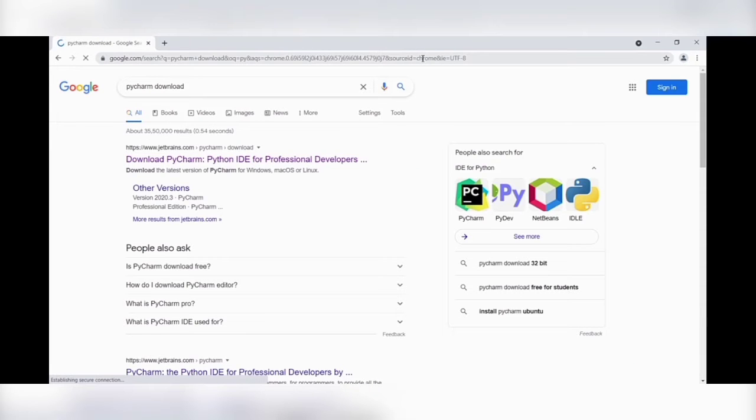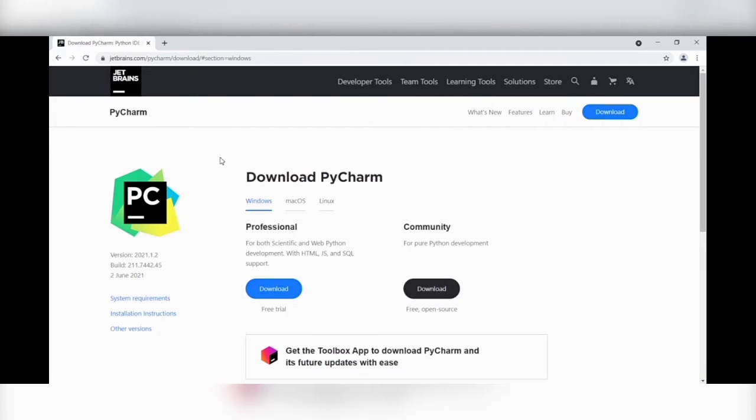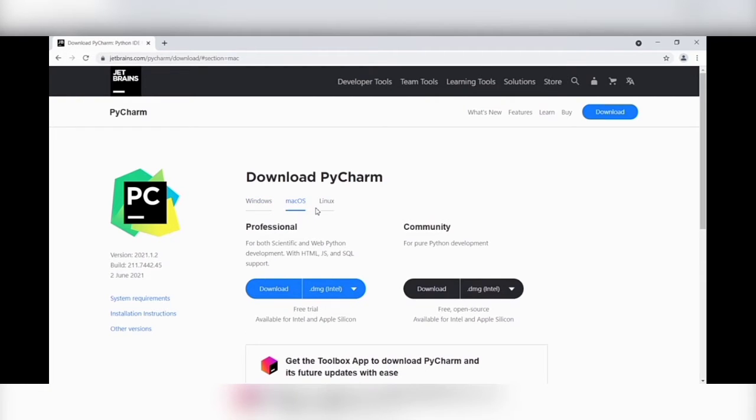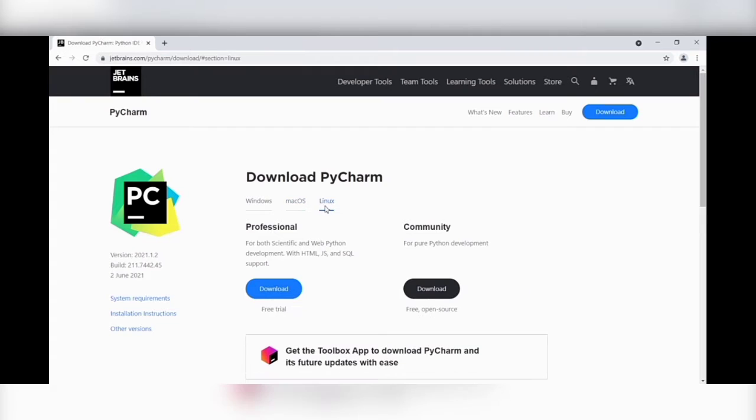The first link which will be available on your desktop screen is the correct version and the official website of PyCharm, where you will be having two editions. One is professional and another one is community. You can also download for the Mac OS and Linux OS. As I am using Windows, I will be going for the professional one, which will be comfortable for everyone.